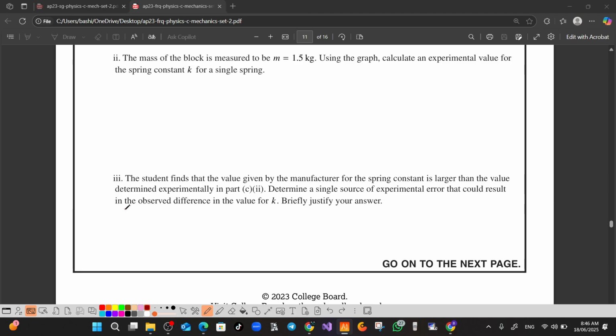Most probably it is due to the miscalibration on the motion detector